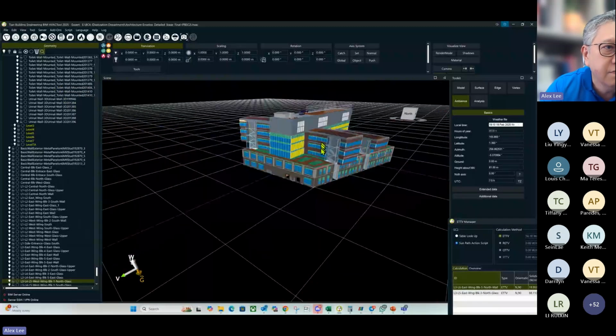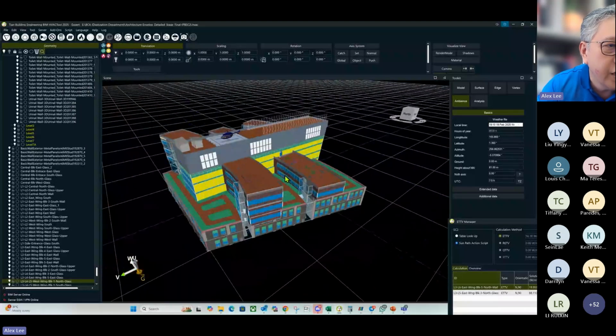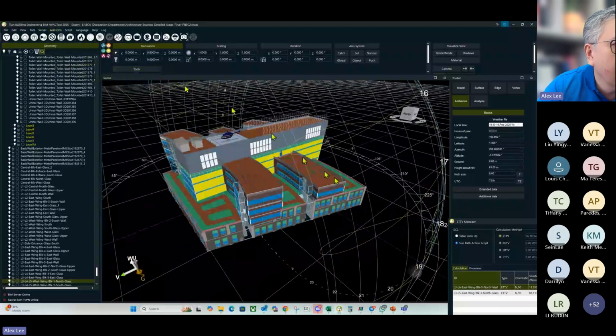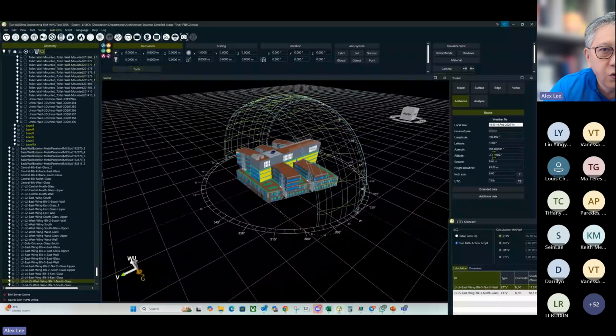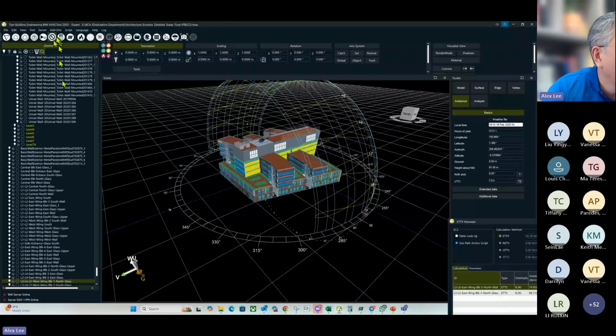But in the event that your building is very complex like this one, you know that shading is needed to do the job correctly. So now you have to use performance-based SC2. For performance-based SC2, you have to get the correct sun path diagram. Let me turn on the sun path diagram. You have to key in the correct longitude, latitude, and UTC as well, and then you have to perform